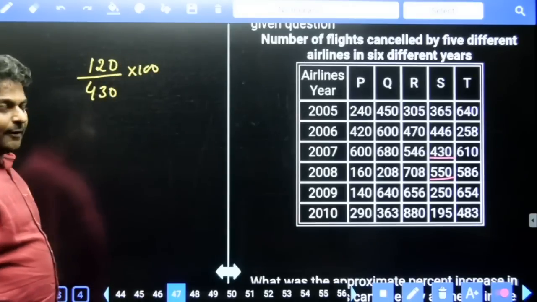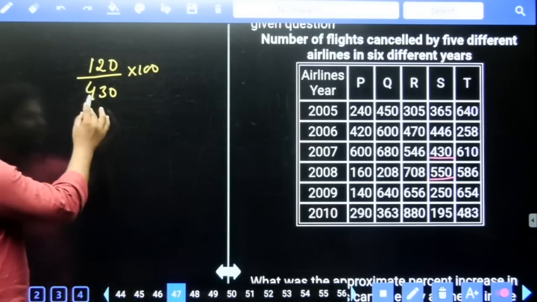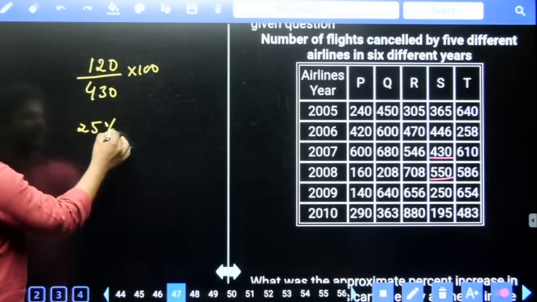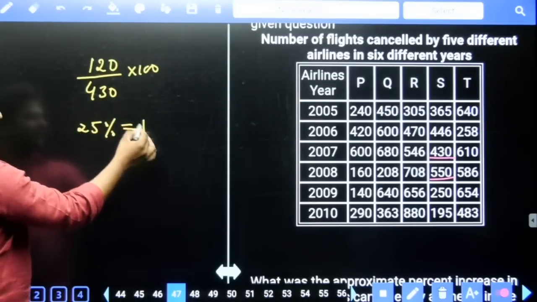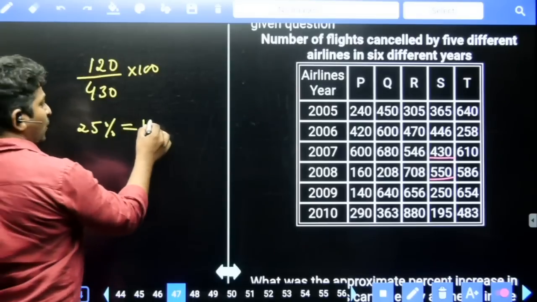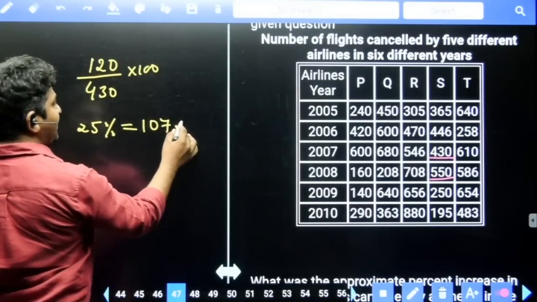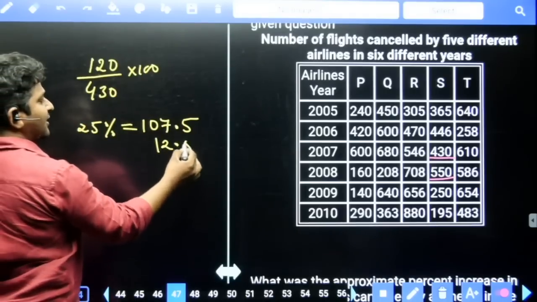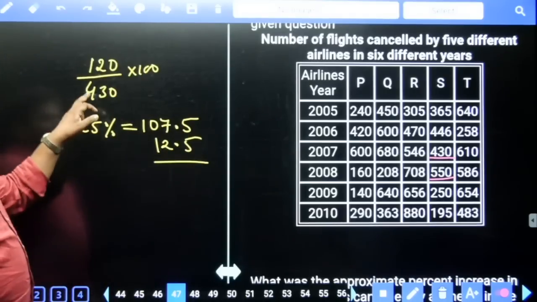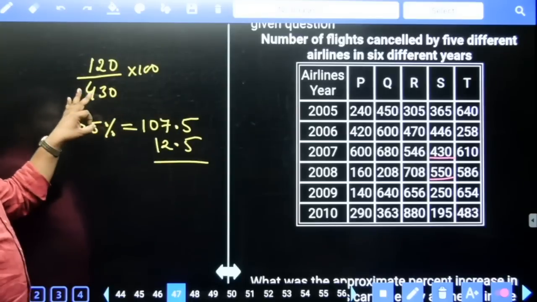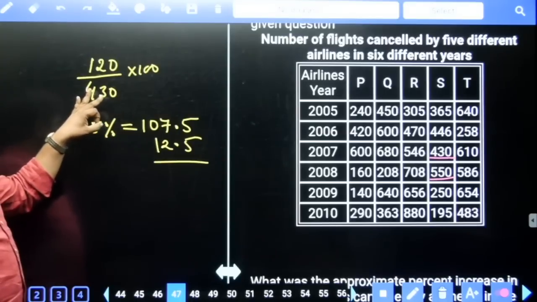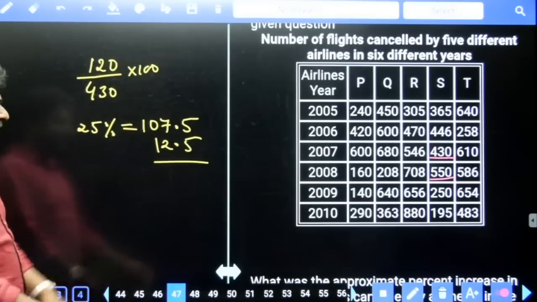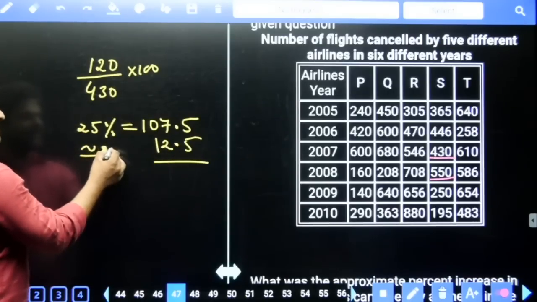Right. Now, 50% of the denominator is 215. 25 percentage of the denominator is equal to 1/4 of this number, that is equal to 107.5. Apart from this, you still have 12.5 more than that. 1 percentage is 4.3. 3% is 4.3 into 3, that is 12.9. But you have 12.5, very close to that. So the answer is